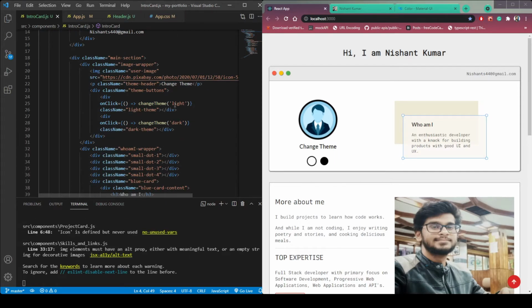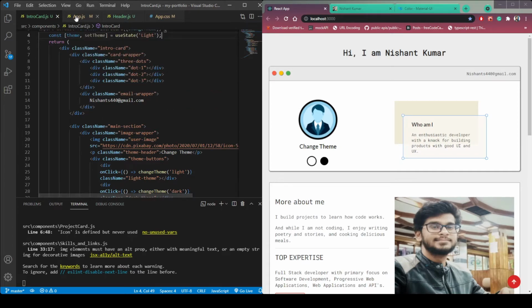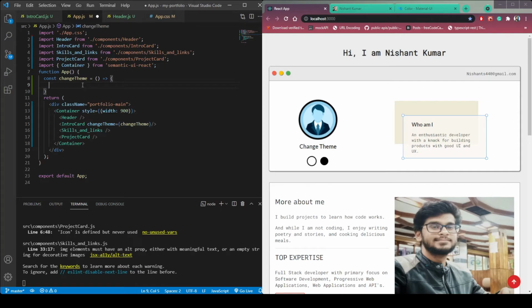Now let's explain what is happening here. If we click this change theme button in this intro card.js, these both buttons, then this function will trigger in this app.js. So let's check it. So console.log theme, and also receive this theme in parameters.